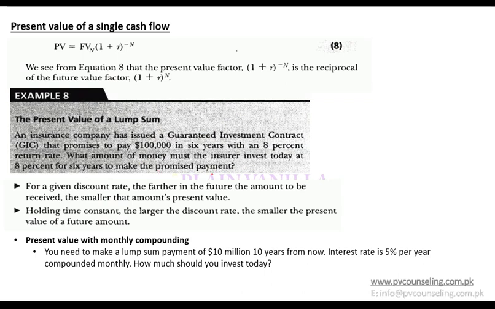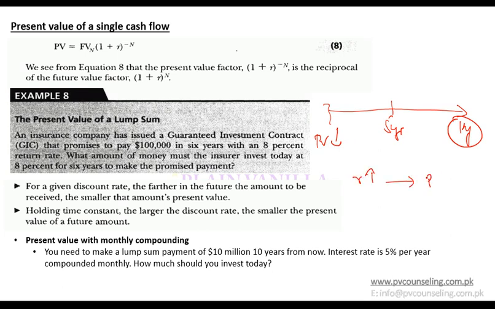Another key point to remember is that as you go farther in time, money will lose more and more value. So if your cash flow is happening at a farther period, your present value will be lower. If I take the same cash flow at 5 years or the same cash flow at 10 years, the value of the 10 year cash flow as of today will be lower. And the second key point is discount rate: if the discount rate increases, present value will be lower, obviously.